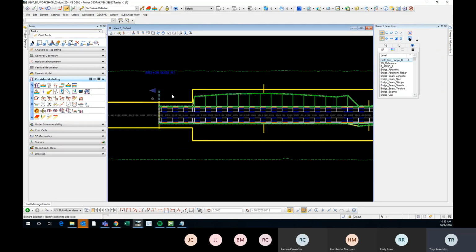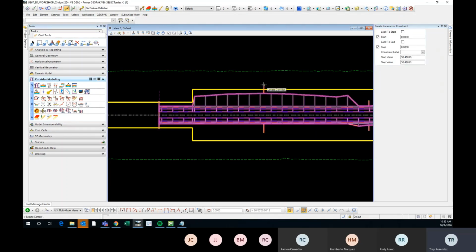So once you do that, then we'll go back to create parametric constraint. We'll click on the corridor, and then now we see that we have the right shoulder here. See, so this is a really important key, or some really important information. So then now if we choose our limits,